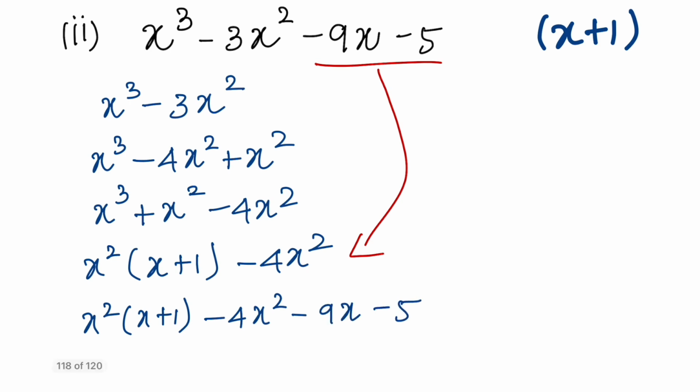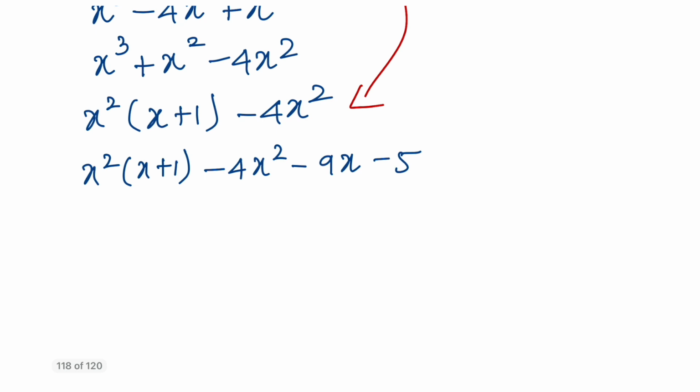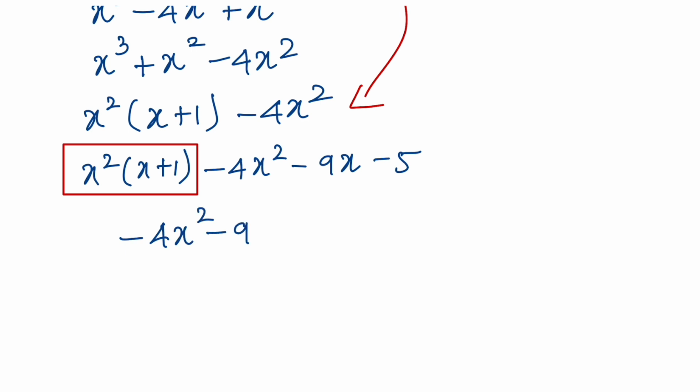5. Okay, again we can take the next two terms. This term here, this is sorted. Okay, this is done. We need what we want from it, that is there, so you don't have to worry about this now. Let that sit aside and you can work with the other terms that we have. Let us take the next two terms. The next two terms are 4x squared minus 9x, and you want to take x plus 1 as a common